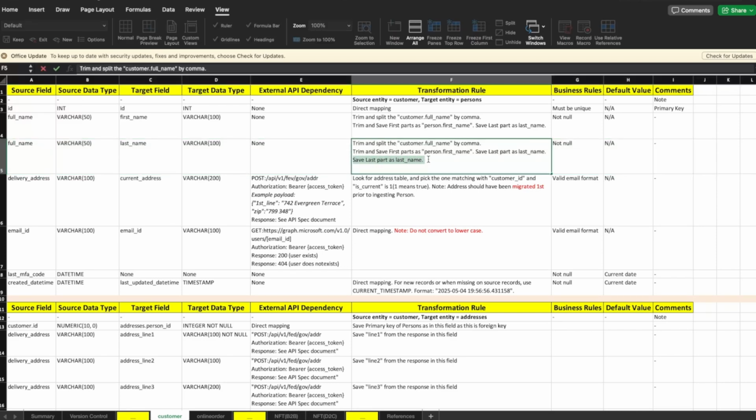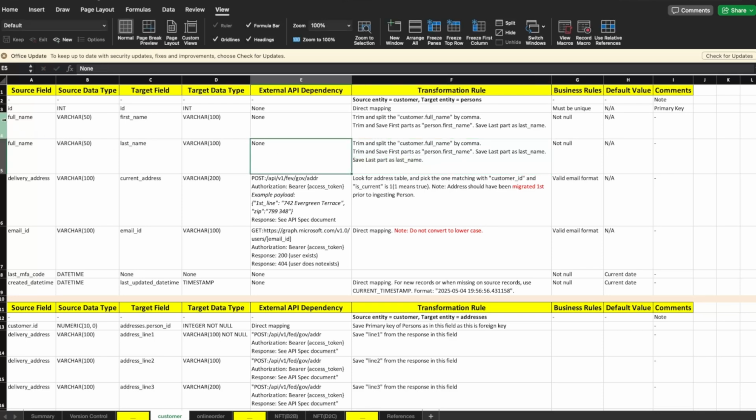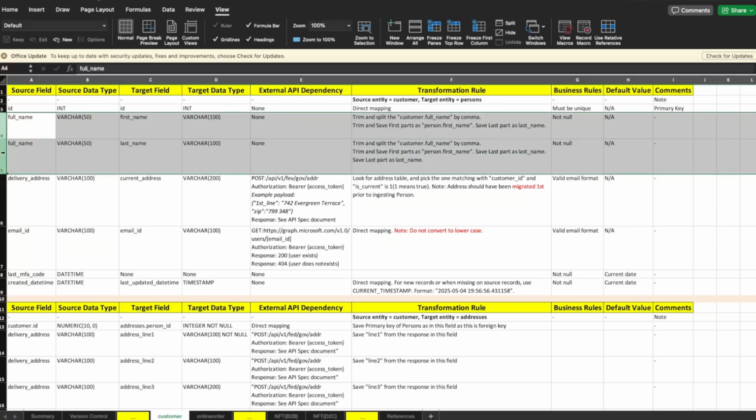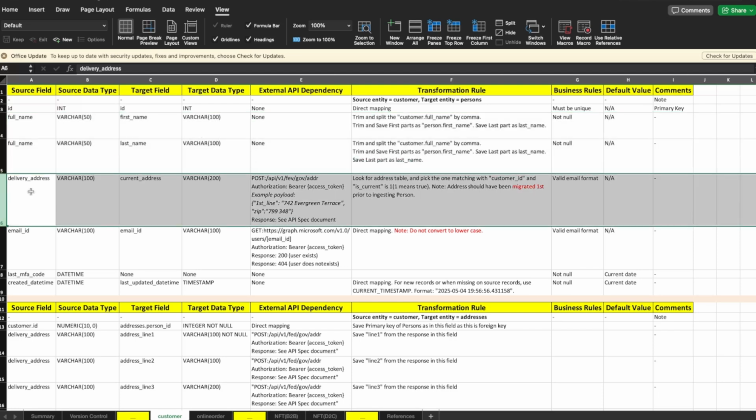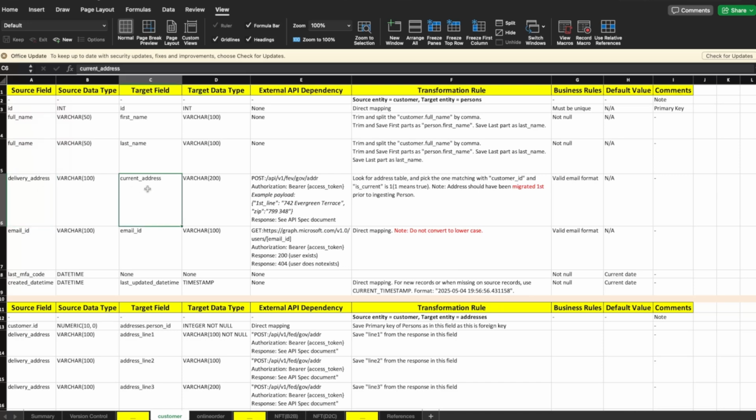Save last part as last name. So these are the mapping definitions which a developer has to go through and implement, and a manual tester or an automation tester has to test and validate that it is working as expected. See here, delivery address translates to current address in target, and in the target there is more space: varchar 200, it is varchar 100 here. All these things are to be tested, and this has to be resolved by a